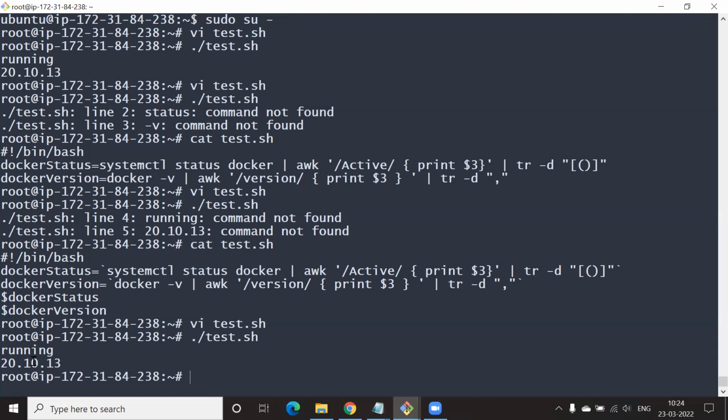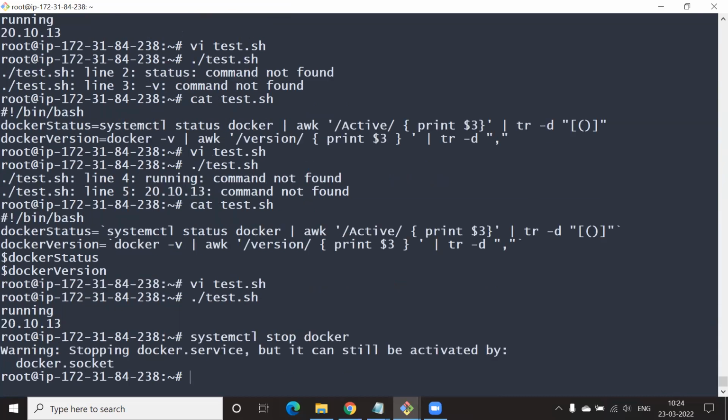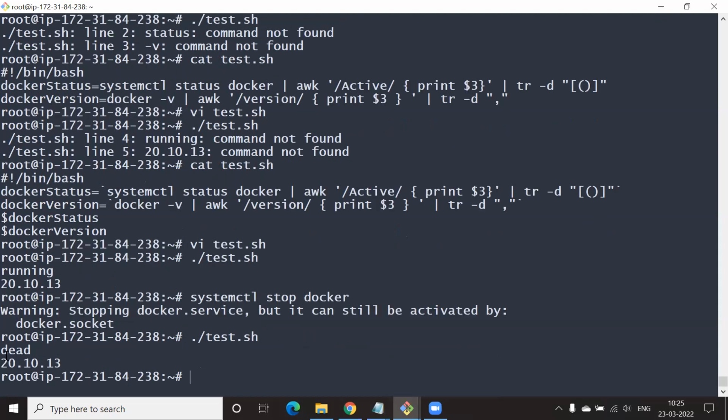Okay, so now just go ahead and systemctl stop Docker. We'll stop the Docker service. Run our script again. Cool. You're understanding, Rahul? Yes. The status is now dead.